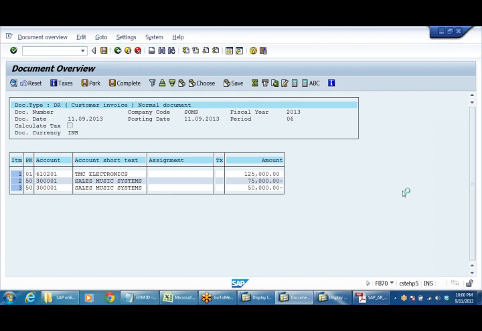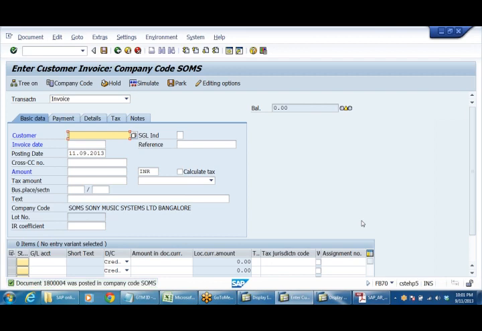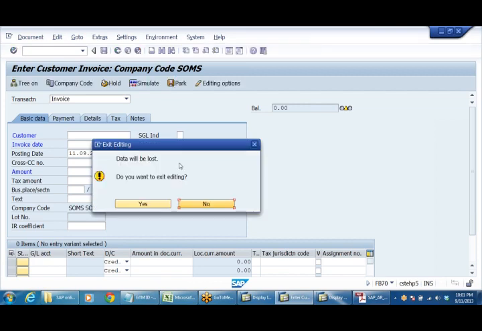Save it. So like this we can raise any number of invoices.